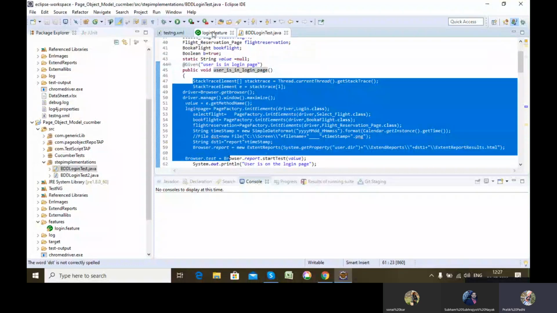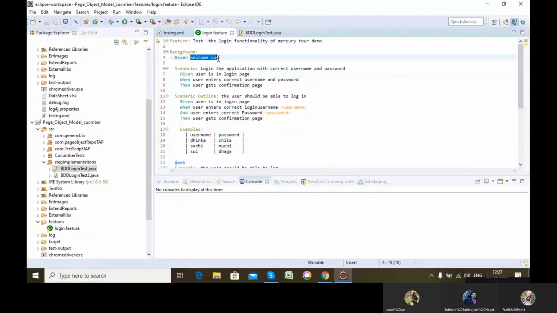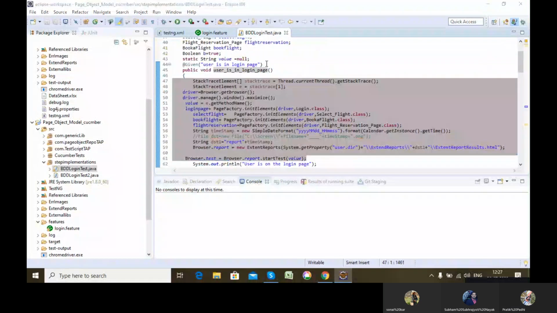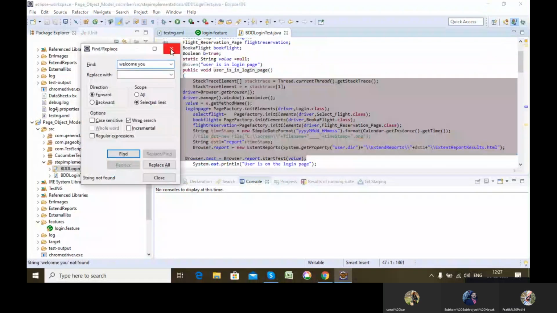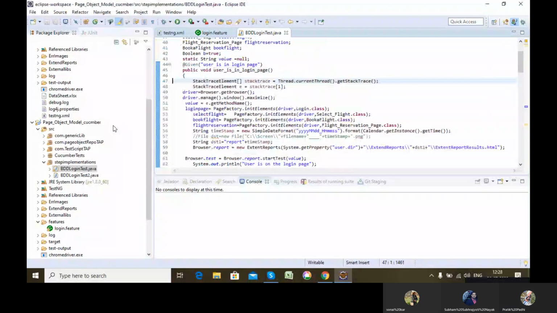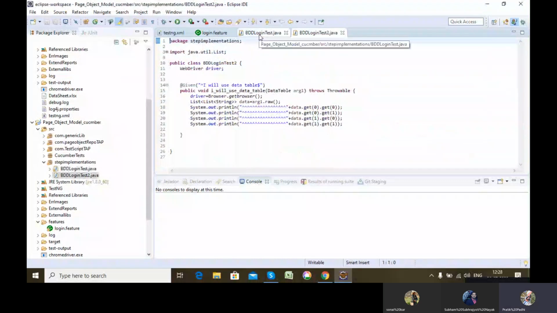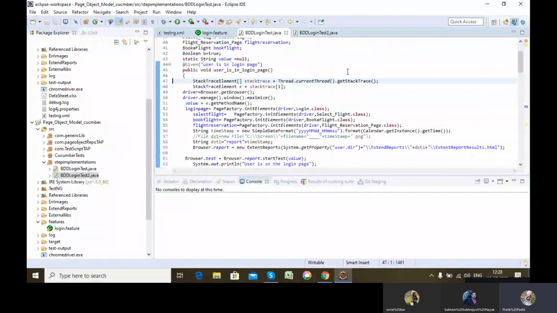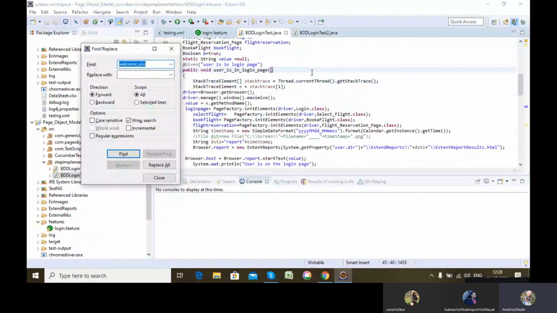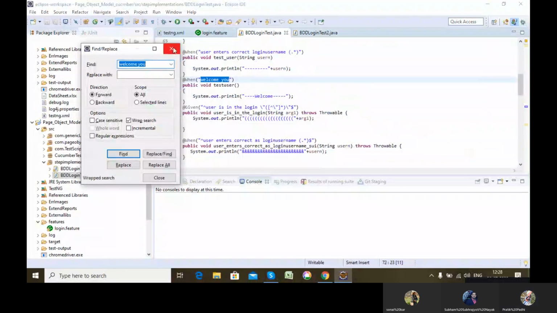Similarly, given welcome you. It has no definition, so we have to define it. Given welcome you.